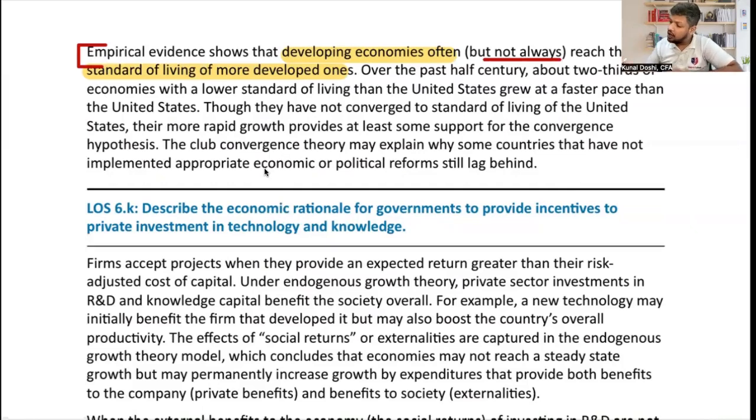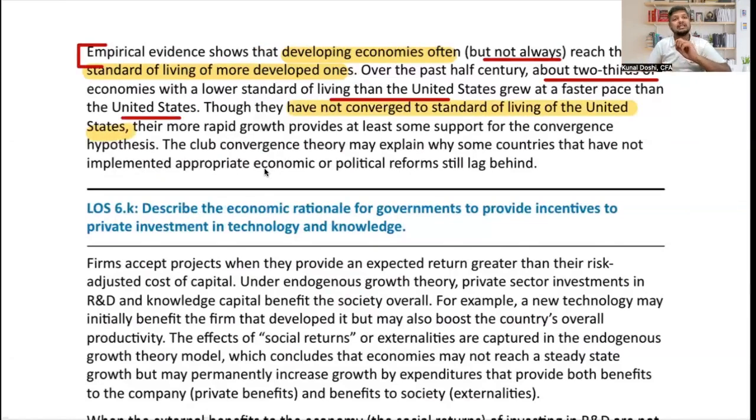Okay, right? Over the past half century, about two-thirds of the economies with a lower standard of living than the US grew at a faster pace than the US. Very positive, right? So they are saying more than two-thirds of the countries whose growth rate was below the US have increased their standard of living. Yes, with a lower standard of living, they have grown, though they have not converged to the standard of living